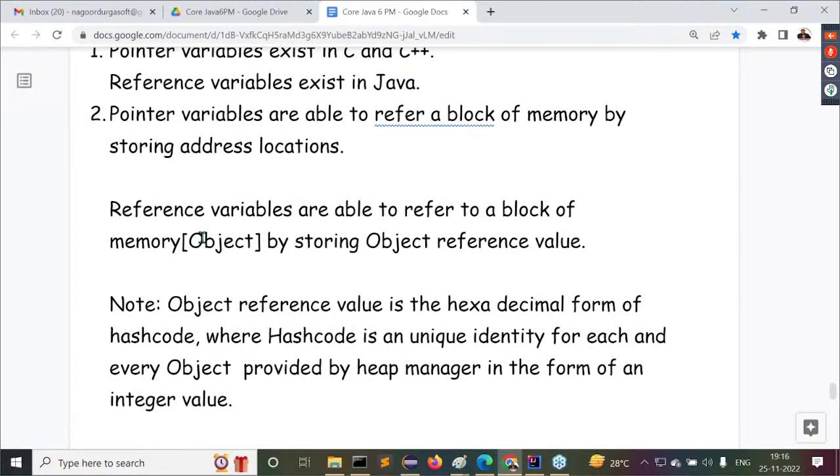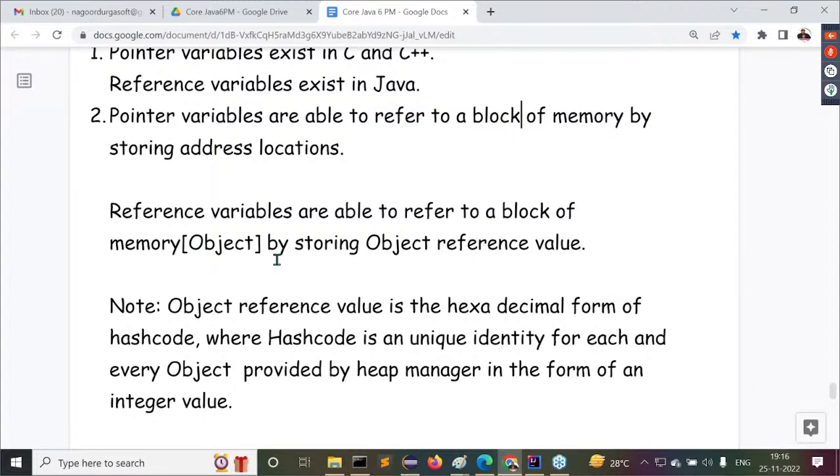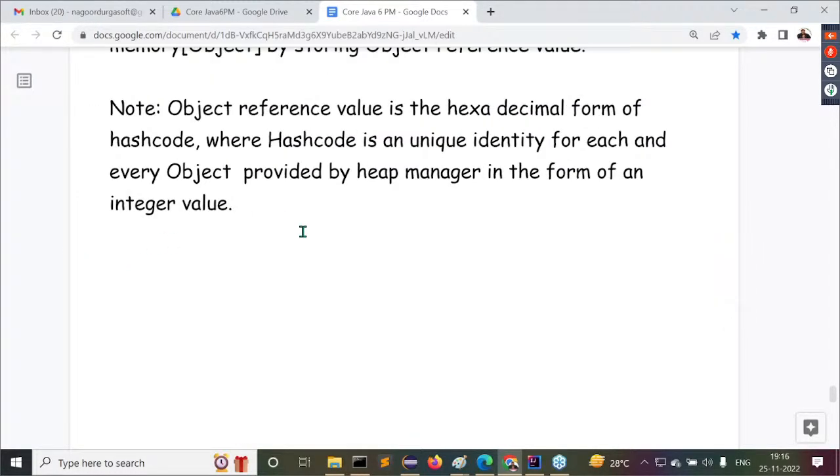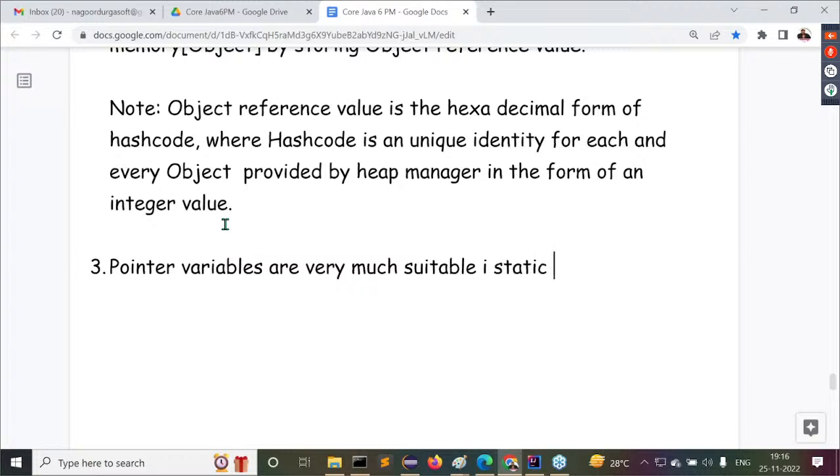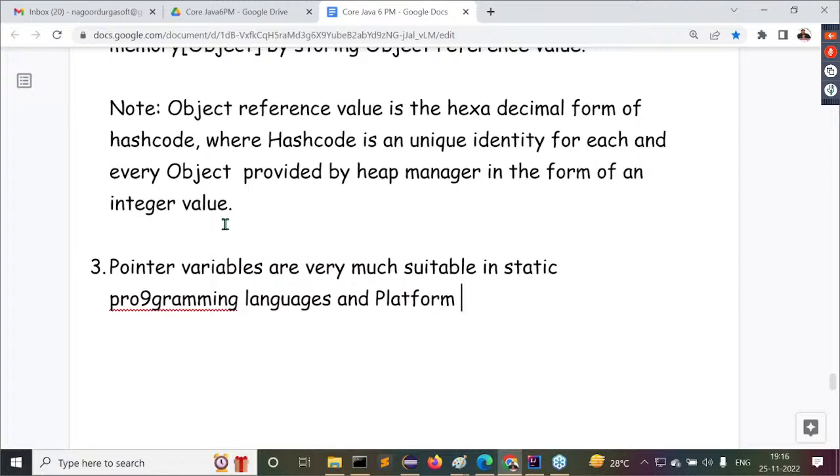Second difference we understood, guys. Observe carefully. Now the third difference I'm telling you: pointer variables are very much suitable in static programming languages and platform dependent programming languages.